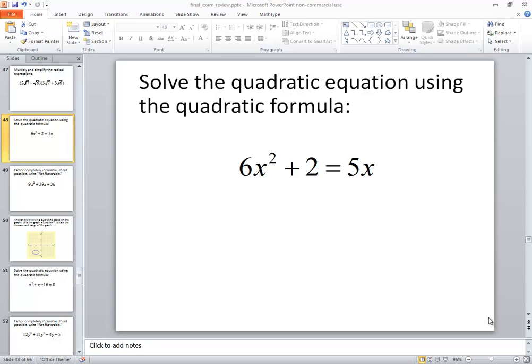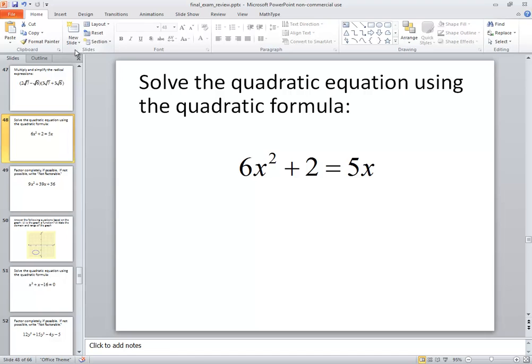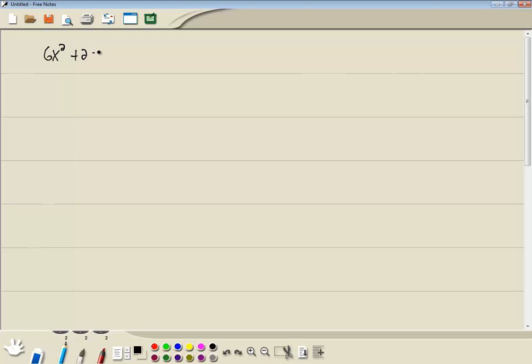In this problem, we want to solve the quadratic equation using the quadratic formula. So we got 6x squared plus 2 equals 5x. And just to refresh your memory on the quadratic formula,